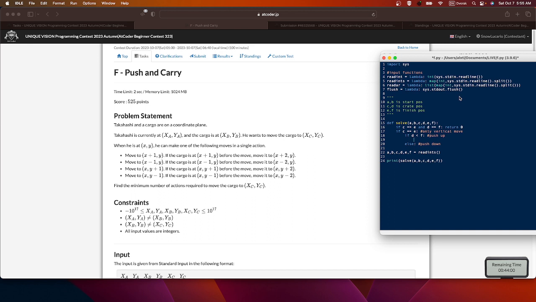So then we have to calculate distance from. So answer is F minus D. That's just the number of vertical spots we have to do. And then answer plus equals horizontal